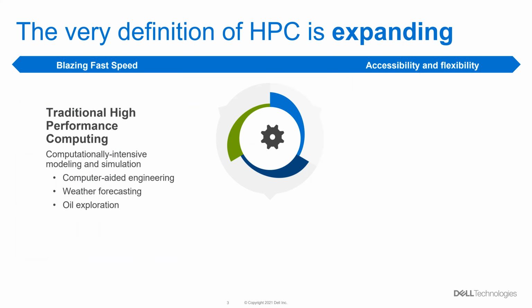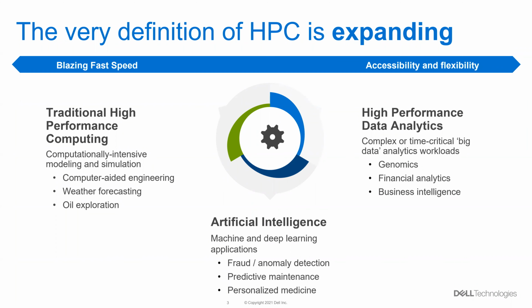So HPC via integrated scalable systems is critical for all big problems that require faster, better answers. So for example, modeling and simulation are traditional HPC apps, which include high performance computing and high throughput computing clusters. You could also have big data, which deals with high performance data analytics for rapid insights on data intensive problems. And finally, cloud computing can simplify usage and management of integrated and scalable systems. So therefore, the future of HPC intersects with both the big data and the cloud, and Dell EMC has solutions